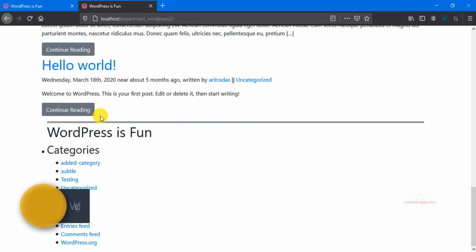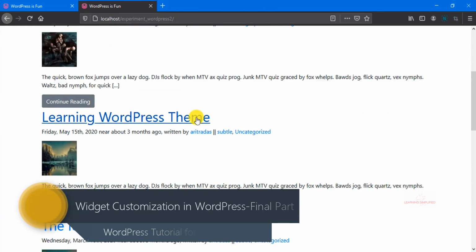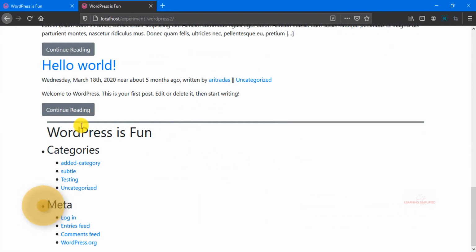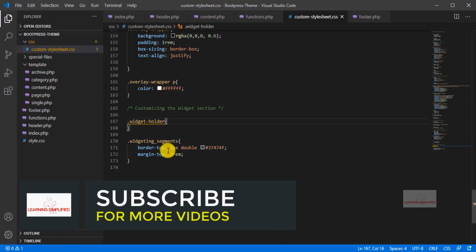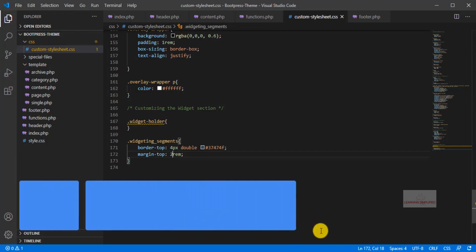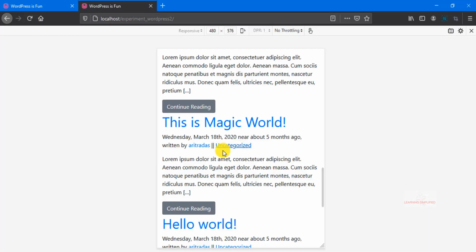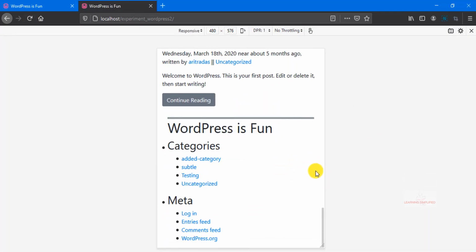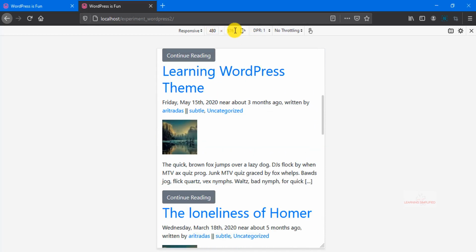So we have segregated this individual footer segment from the loop post formats, those we had created earlier. And we may enhance this margin a little bit, like instead of this 1 rem, we may make usage of this 2 rem right over here. So there it goes. Now let's press Ctrl Shift M. There it goes. Everything is in a fine order, and this is 480 px by 570 px. So we may make a little bit of change.